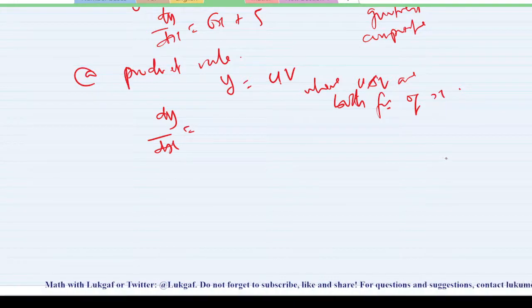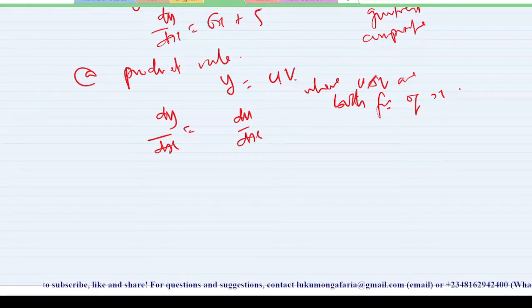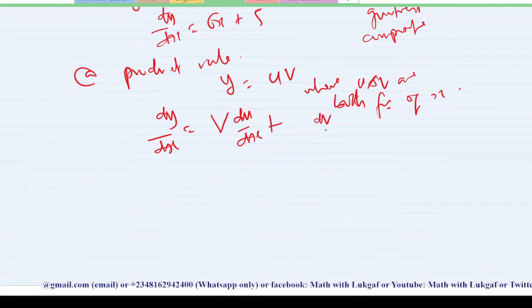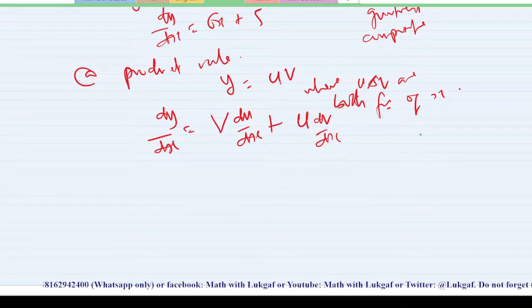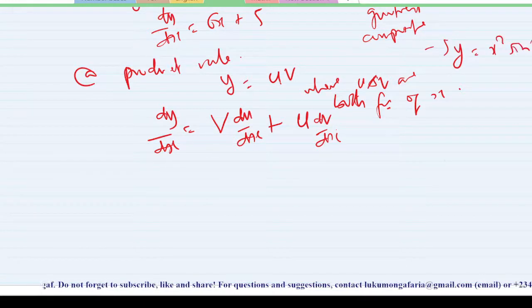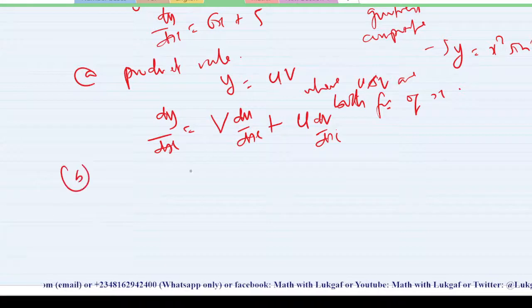Okay, let us do that. Differentiating the first function, that is the u, du dx, leaving the second function as it is, that is v, then plus differentiating the second function, dv dx, leaving the first one as it is. So that is dy dx is equal to v du dx plus u dv dx when you have your function in terms of a product. For example, when I have y is equal to x square sine x, this is the formula you are going to use. That is, differentiate the first, leave the second as it is, differentiate the second, leaving the first as it is. I'm going to explain how you can do that in the next video.